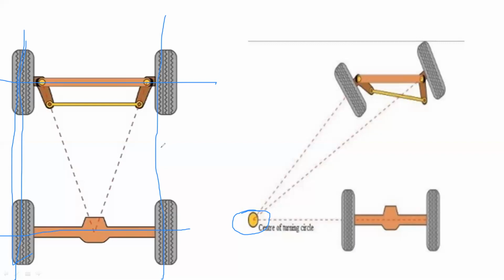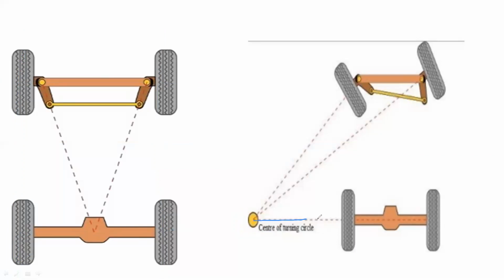So whenever the turning occurs in the automobile vehicle, in the maximum turning portion, if the front wheels are taking the maximum turning, then in that maximum turning it gives the center point of the rear wheel axle axis. Okay, you can see it is the rear wheel axis center point.